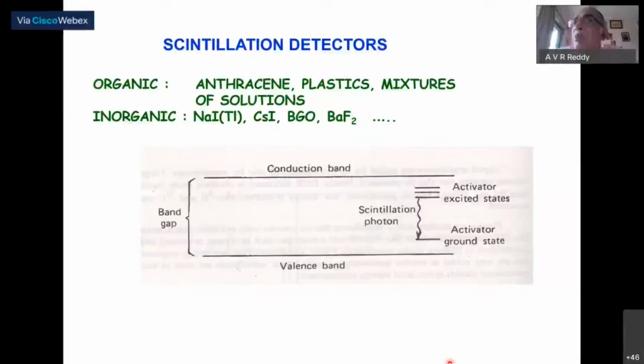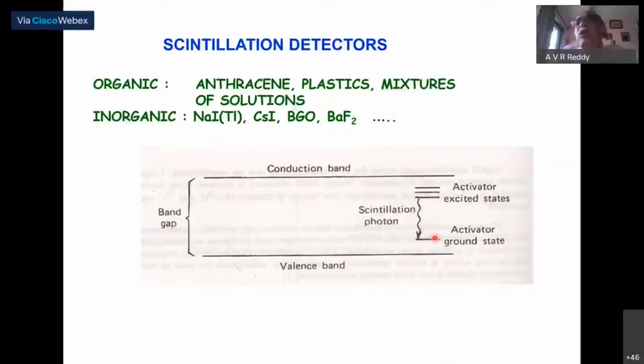Obviously, if the number of measurable photons produced is reduced, then the resolution, which is proportional to the square root of that, will be inferior. Suppose, for simplicity of calculation, you produce 10,000 photons at this stage for an initial high energy gamma. Then the square root of that is 100, and the energy required is 200. 200 into 100 will become something like 20 keV. Resolution will be pretty poor.